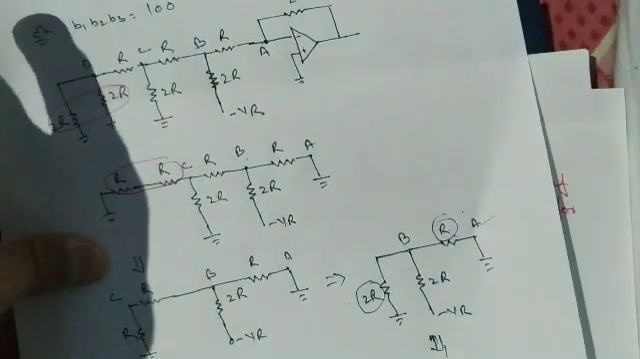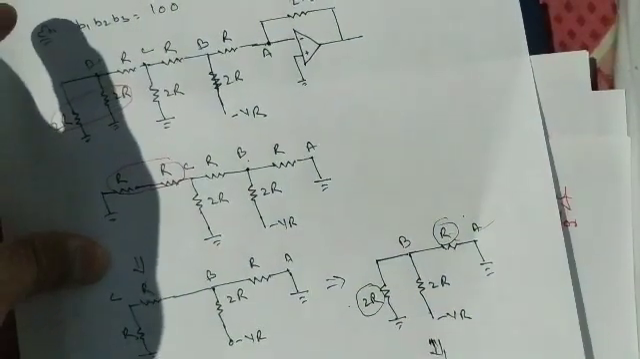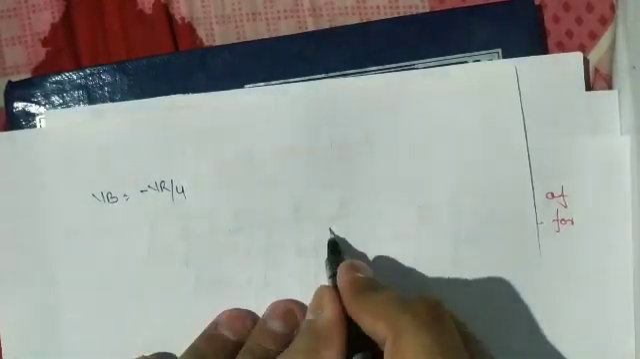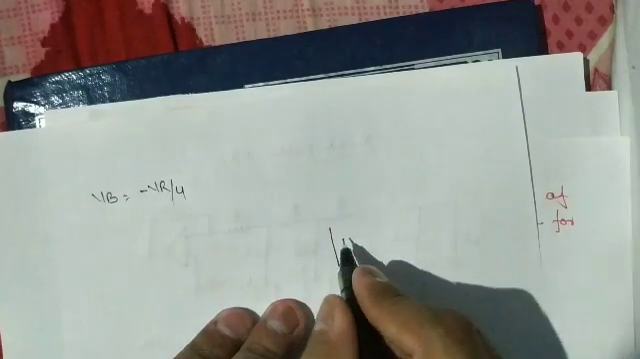So the value of VB will be here 2R by 8R by 3, that becomes minus VR by 4. Minus VR by 4. This is the value of VB. Now the circuit finally redraws in the form of